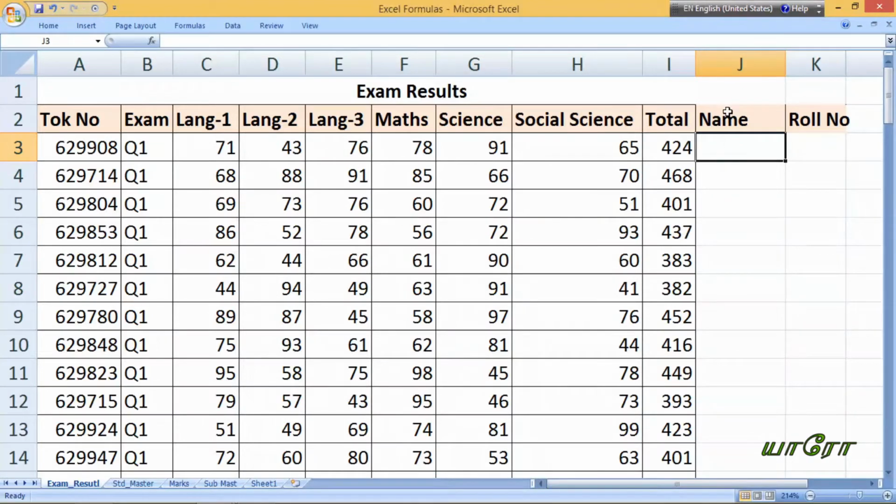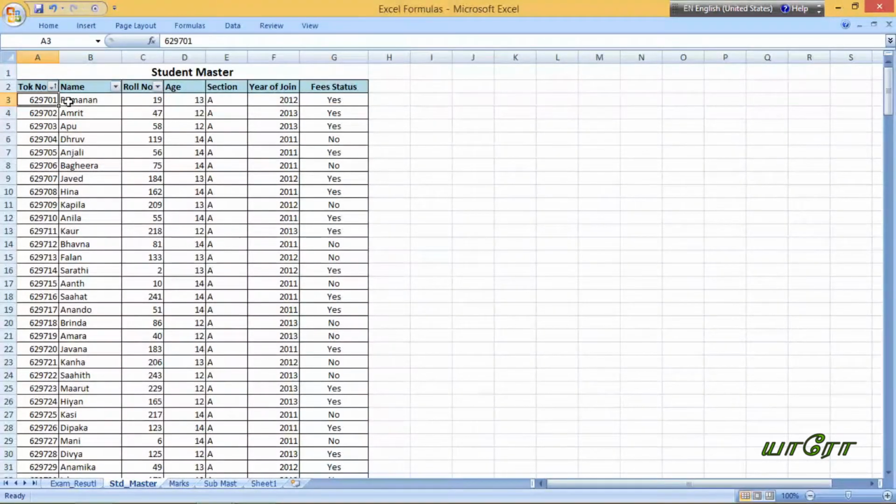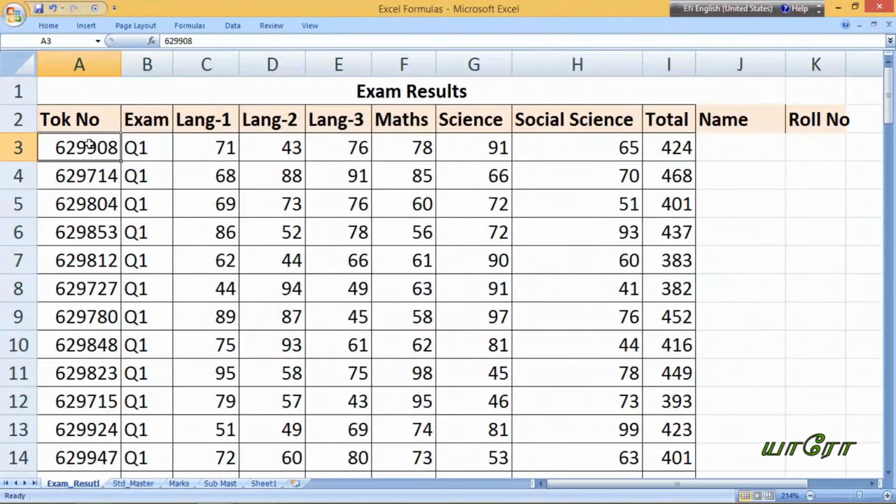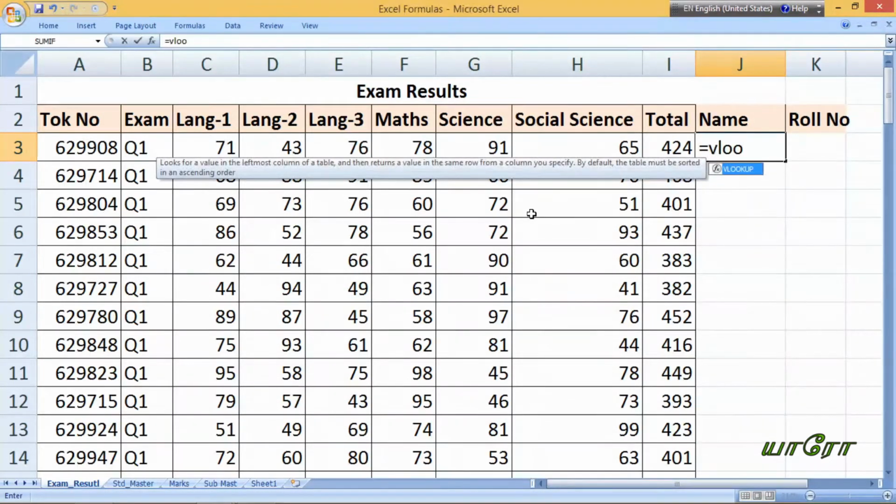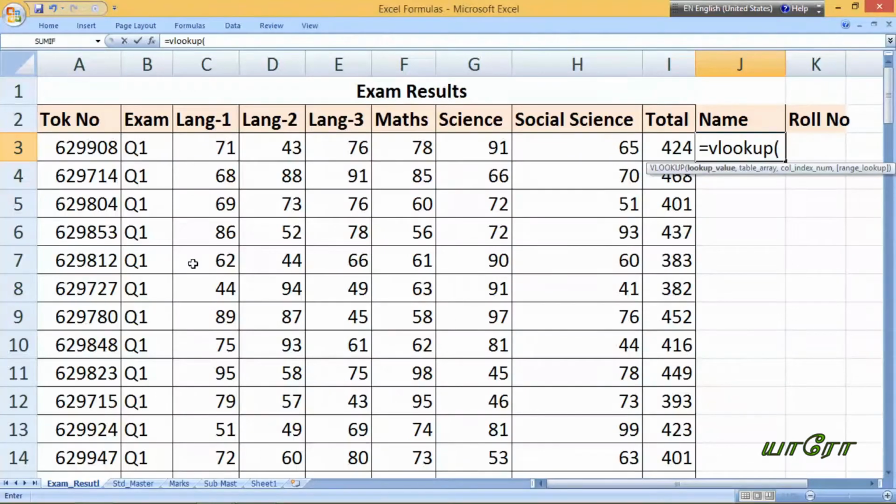Now with this token number there is a student master given here: token number-wise name, school, roll number, age, section. We want only name and roll number, because during the exam the roll number will not be given. That's why. In the regular case with VLOOKUP, you simply take it like this.